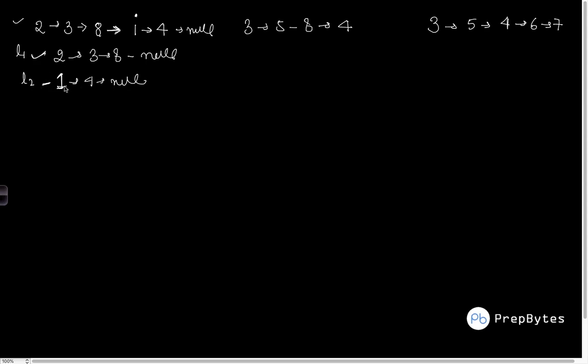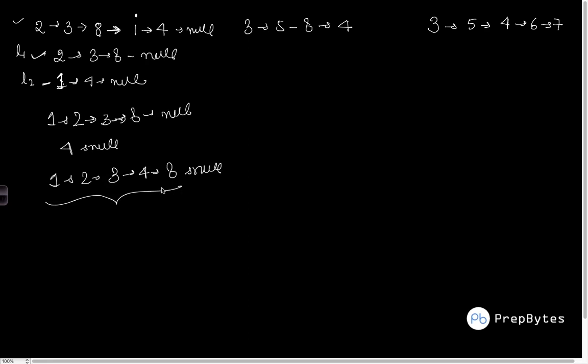So the first thing I'm going to do is check which of the two is smaller. 1 is smaller, so I'll put 1 in front of 2. Now my latest list looks something like this, and this is having 4. So now I'll find the right place for 4. What is the right place for 4? Is it between 2 and 3? No. Is it between 3 and 8? Yes. This is the right place for 4. So I'll simply put 1, 2, 3, 4, 8, null. Okay, so I got my final list.